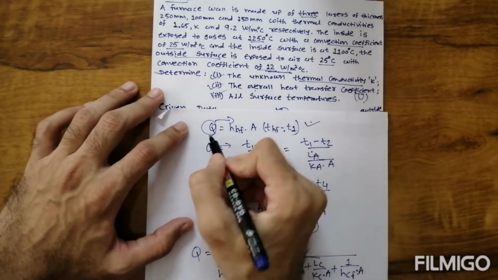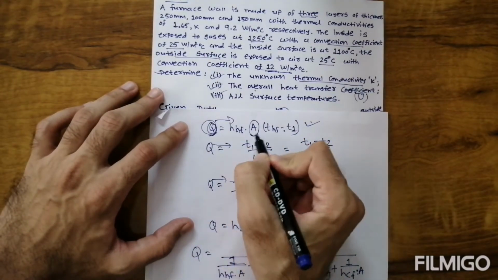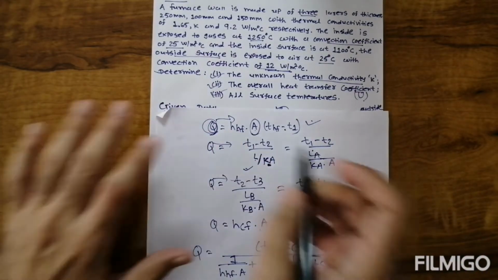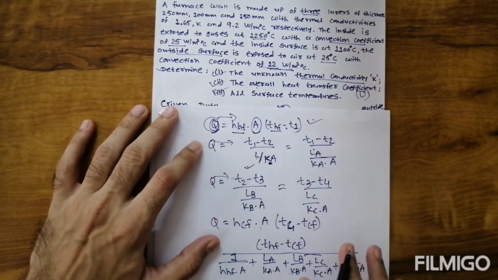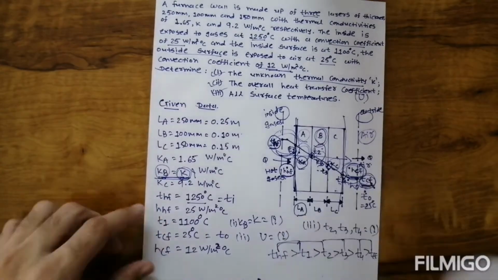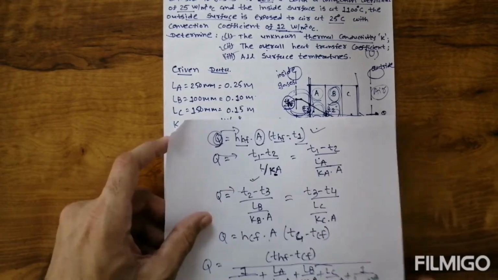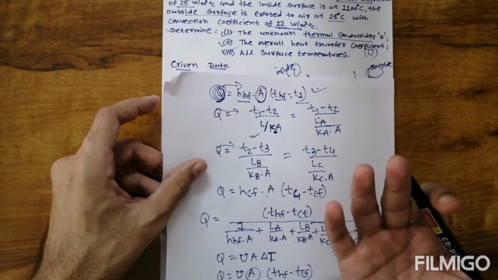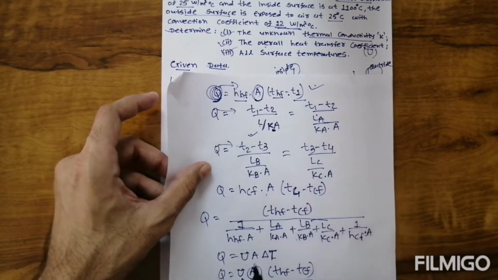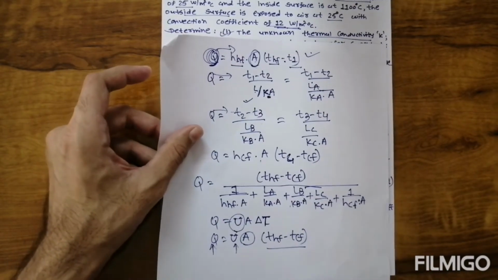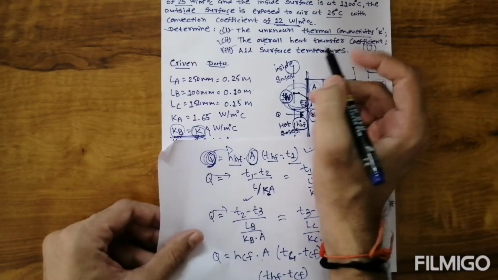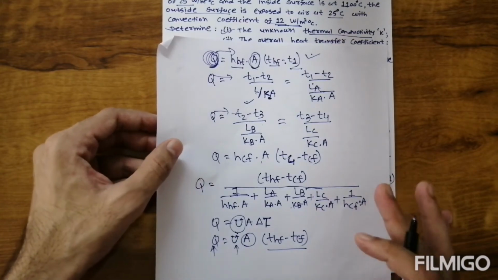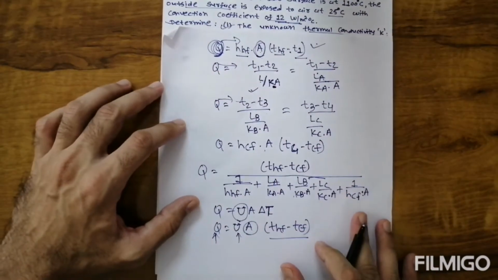How can we find it? Q is unknown, area is unknown, but since area is not given, per unit area will be considered, so Q by A will be considered. HHF is given, THF is given, and T1 is given. You can see here THF, T1, everything is given, so we can find Q by A from that equation. Once we find Q by A, then maybe U can be found, maybe K can also be found, or we can also find all the surface temperatures T2, T3, T4. So first of all our target is to determine Q by A.